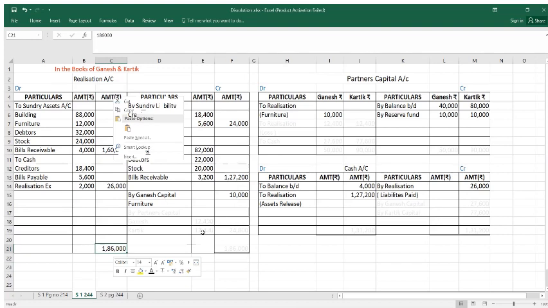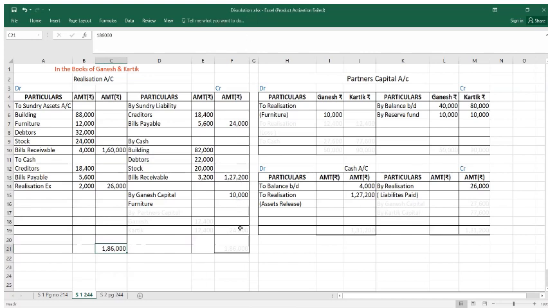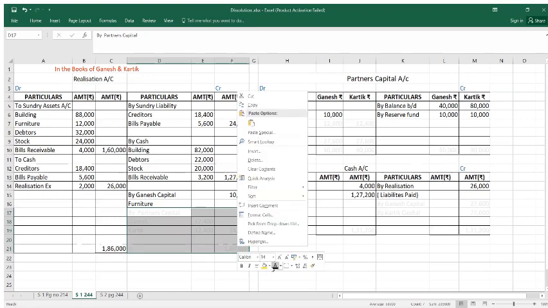From that credit side total, in this sum, the credit is less and the debit is more. So we're going to transfer, means from 1,86,000, we're going to deduct the total of credit side. So we'll get the balance of credit balance will be